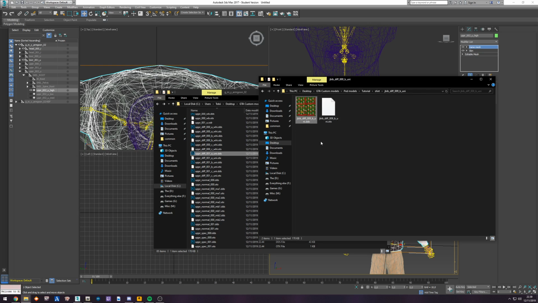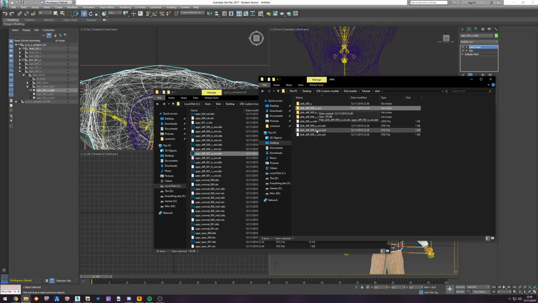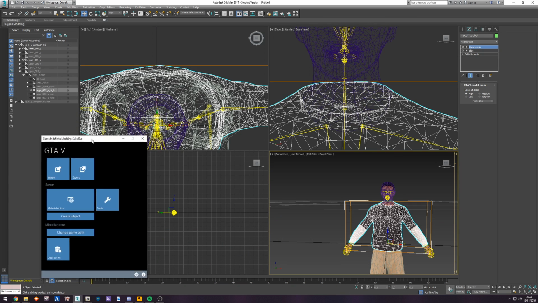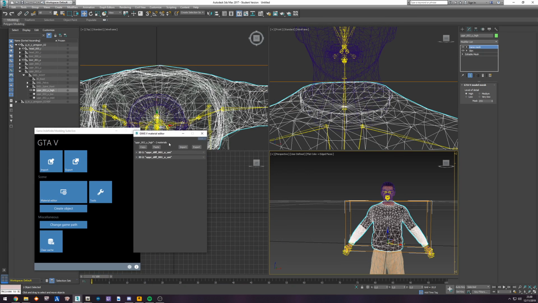And for this one, it's going to be 002 and then B, and then for this one 002 C because it's the third one. So again, A, B, C because they don't do numbers, they do it in letters. A, B, C. And then in Max, we're going to go to our material editor,